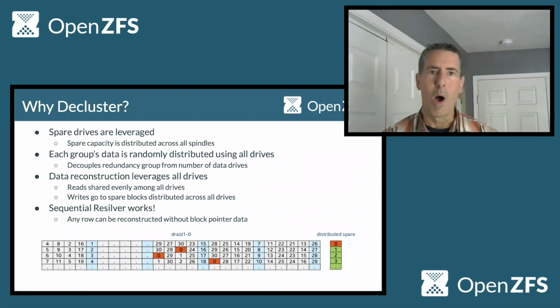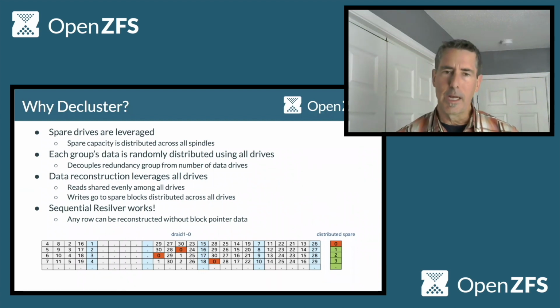So why decluster? There's a couple of very good reasons. One, spare drives are leveraged here. So in the example I showed before, the first example, we had our hot spare. That hot spare is a spindle that sits idle most of the time until there's actually a problem that needs to be utilized. It's never used except to be ready to go. In a declustered configuration, we distribute the spare capacity throughout the dRAID, so the actual spindle is leveraged with a